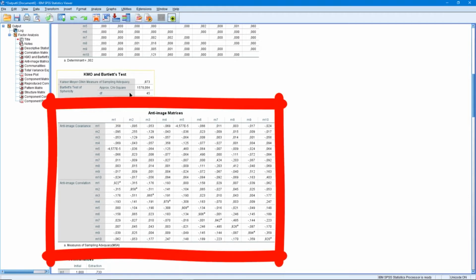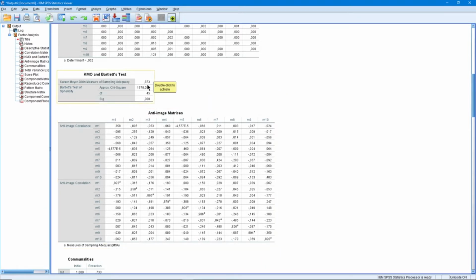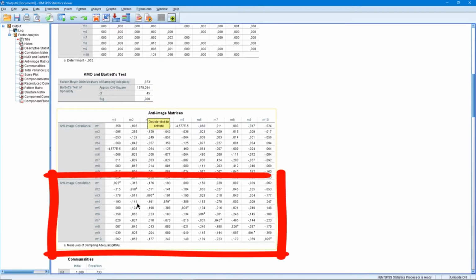This table is also linked to the table here. If the value here is below 0.50, we can determine which items among the items here negate the value by looking here. Here we examine the bottom part of this table. In the lower part, we look at the place where each item coincides with itself. So here we are looking at cells with the letter A on them.